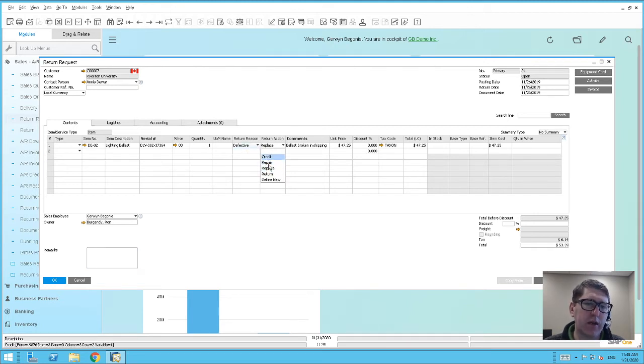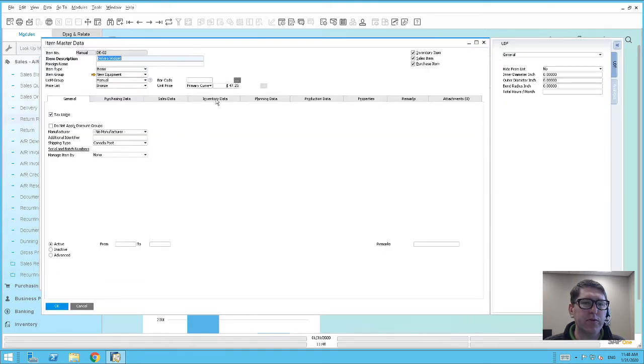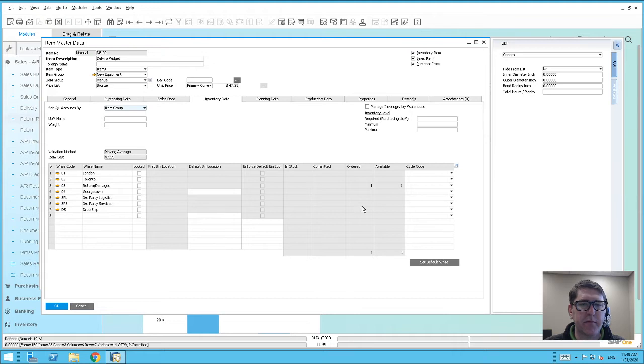Are we replacing it, crediting it, repairing it, returning it? And this form, this object is meant to behave in a certain way. You're allowed to set this up so that you're bringing it back into this warehouse 3. If we look at the inventory available to promise data for this item, you can see that warehouse 3 is the return damaged warehouse,